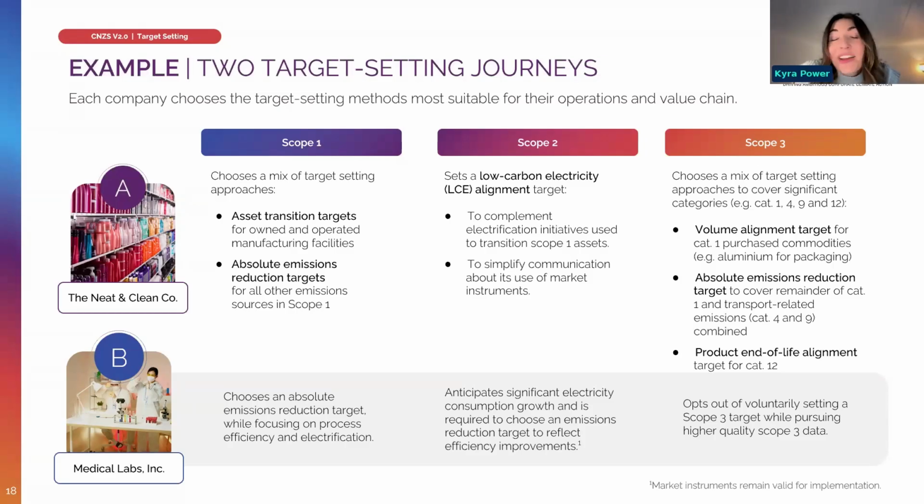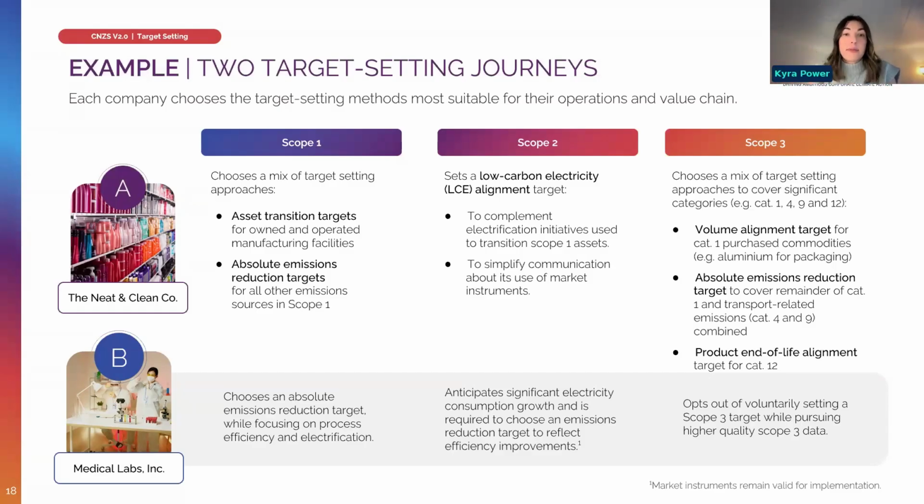In scope 3, also maybe unsurprising, they opted to set targets at the category and activity level. So again, there were 3 overall approaches in scope 3. 1, to set an overarching absolute emission reduction target. 2, to set an overarching supplier or customer alignment target. And 3, this is what they've opted for, to set targets at the category and activity level. Those will then be aggregated into a headline ambition for scope 3, but they are a portfolio of separate targets.